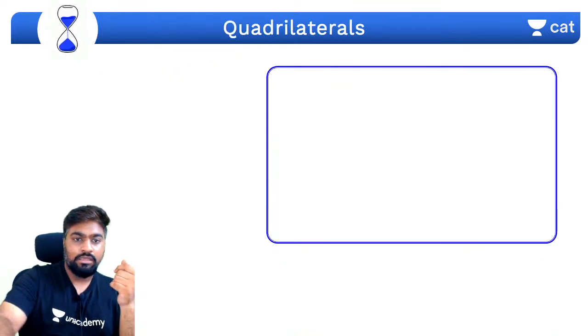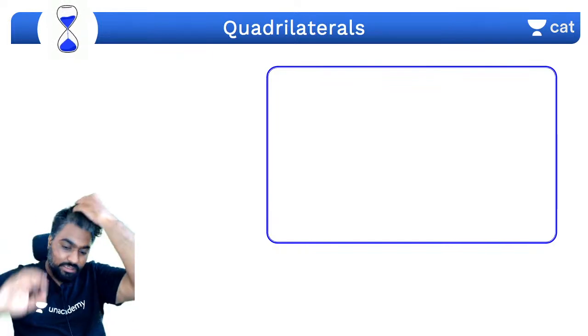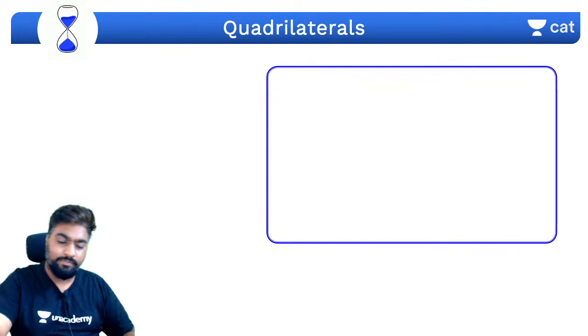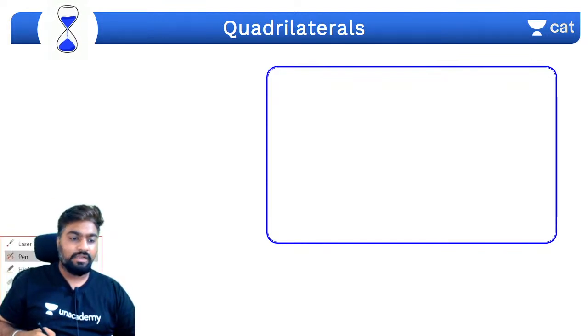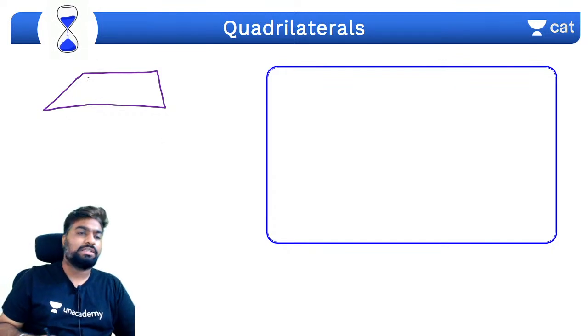Now let's move on to quadrilaterals. With quadrilaterals we'll be starting with a trapezium. Area of a trapezium can be found out by splitting the trapezium into 3 different pieces. Even if it's not an isosceles trapezium, you can still do it. You can split this into one triangle, this will become one triangle, and then you have a rectangle. Triangle 1, triangle 2 and a rectangle. Find out their individual areas.